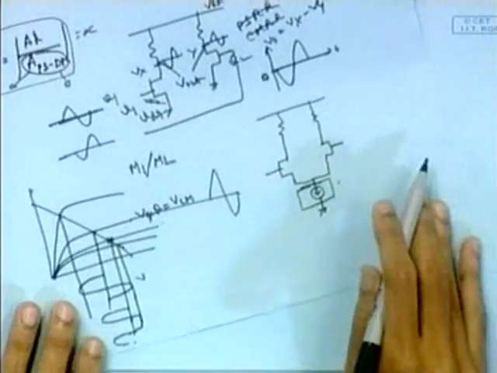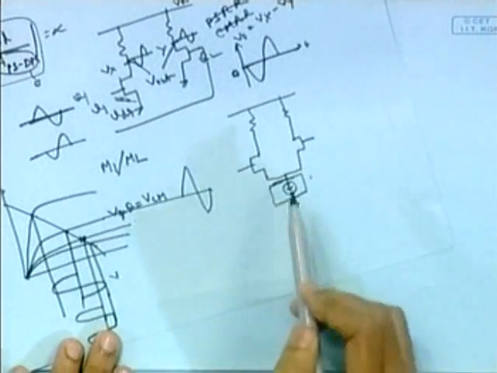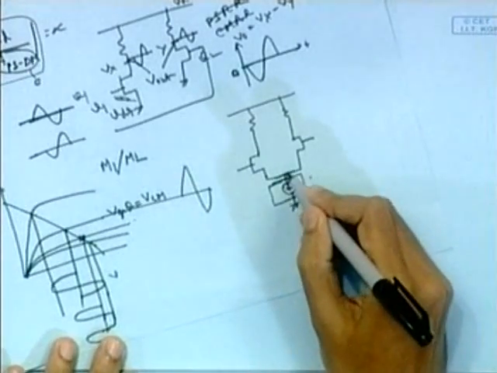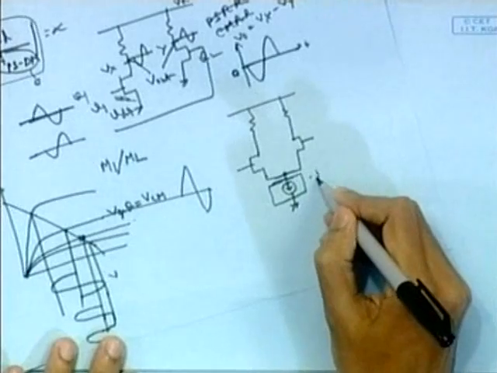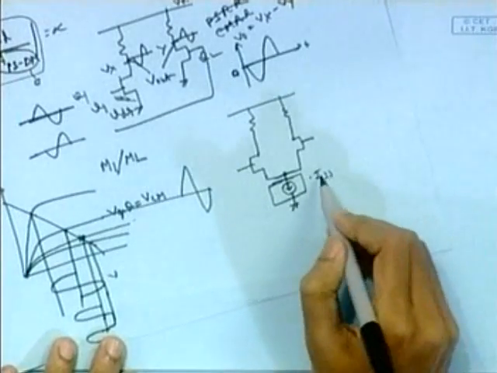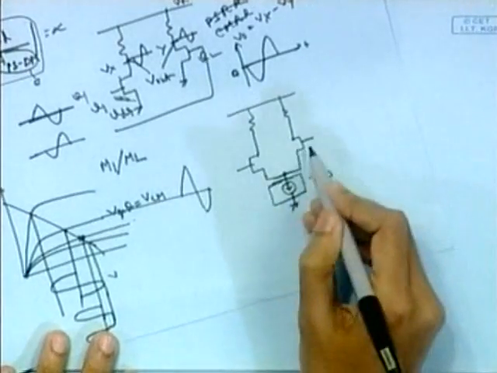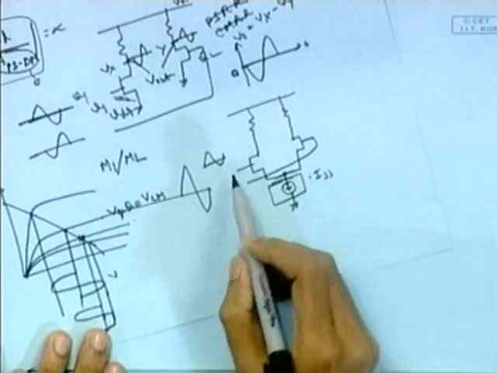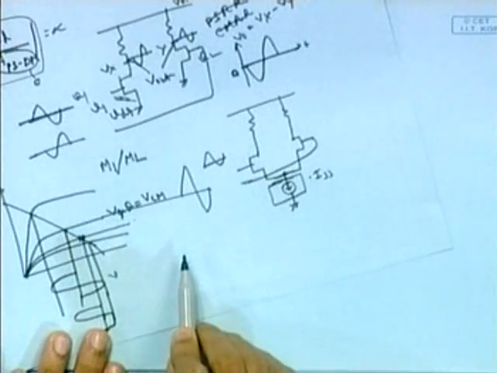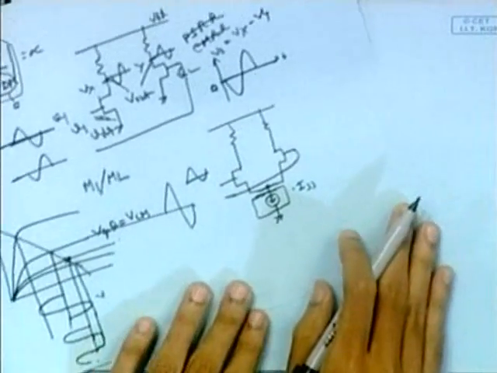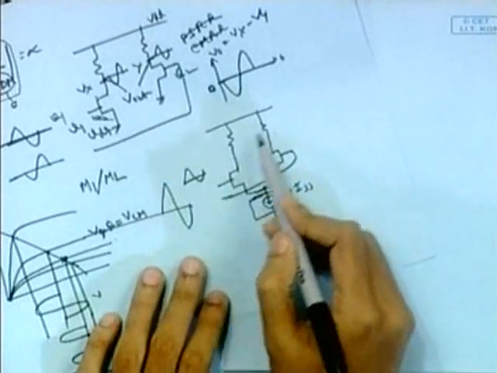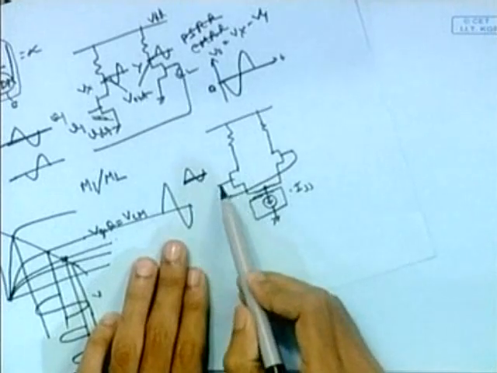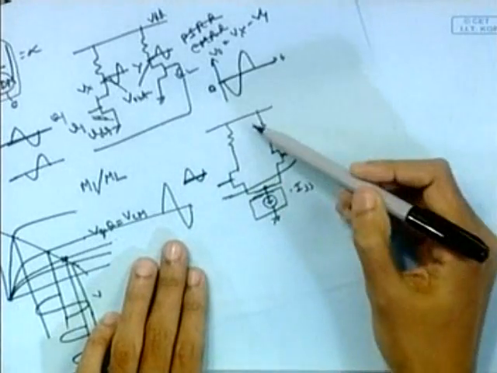So now let us check whether this problem is there or not. Suppose the current flowing through this source is ISS. Call it ISS. It is an ideal constant current source. And now, suppose the same VCM and VDIFF are applied at the input. Now only consider the common mode properties of this circuit. When there is no signal, only this CM is there. The same CM is here and here,